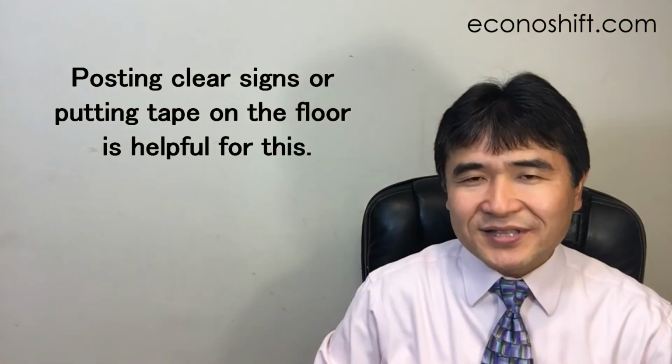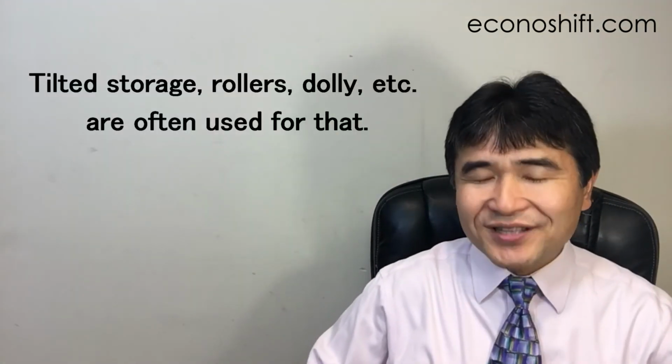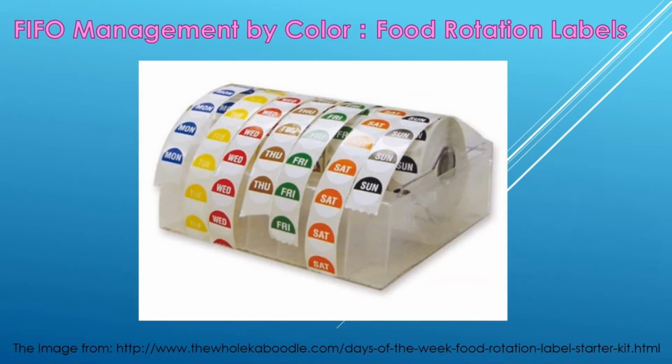Decide the incoming and outgoing locations and make clear divisions between them. Posting clear signs or putting tape on the floor is helpful for this. If you can make a tool to move inventories between locations smoothly, it's even better. Tilted storage, rollers, dolly, etc. are often used for that. Management by location is ideal, but there are times when it cannot be done. At that time, please consider management by color. Human eyes find it easier to identify colors than text. In my company, our culinary teams use colored food rotation labels on leftover ingredients that distinguish the freshness of